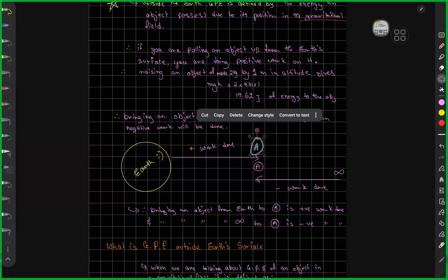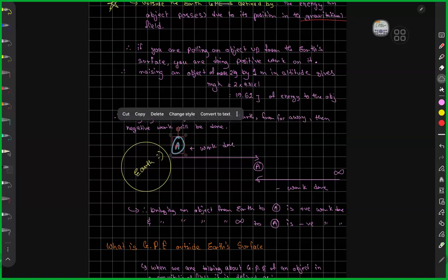And if it comes closer to Earth, the gravitational potential energy must increase even more. But that is wrong, technically. Why, you want to know? Because look, when I am pushing this